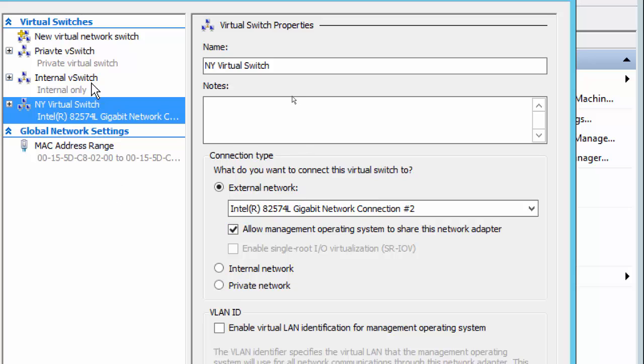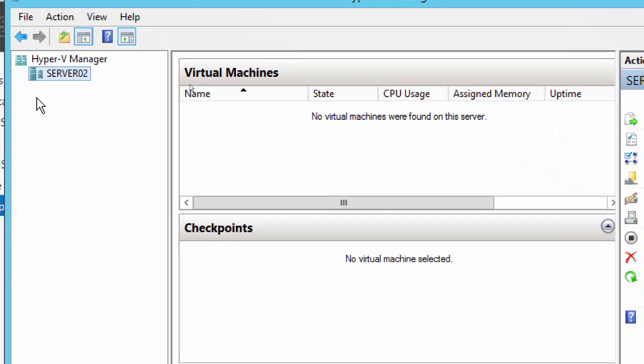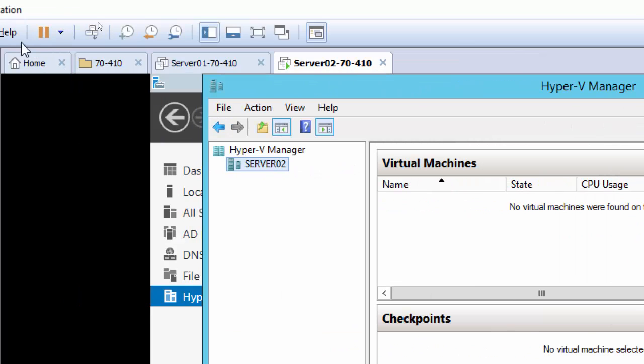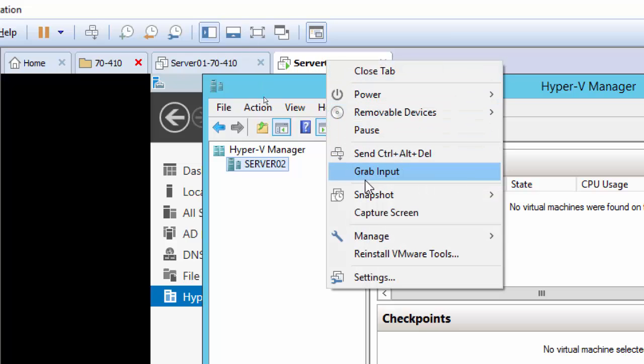Anyway, what we have here is the New York virtual switch attached to one physical network card, but we need another Toronto virtual switch connected to another physical network card, and we have just one network card. So let's add a second network card here, and so I'm going to press OK here. Where do we add the network card? Here. Settings. To the physical. So the VMware virtual machine is the physical server for this Hyper-V, right? So we're going to go to the settings of the virtual machine, which is playing the physical server role